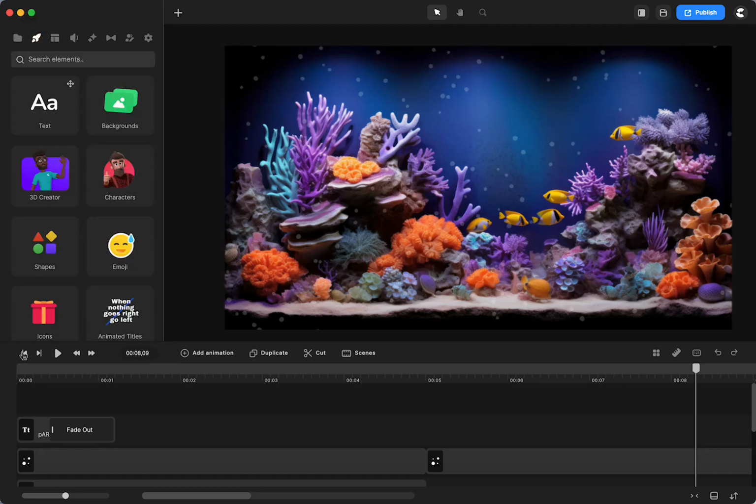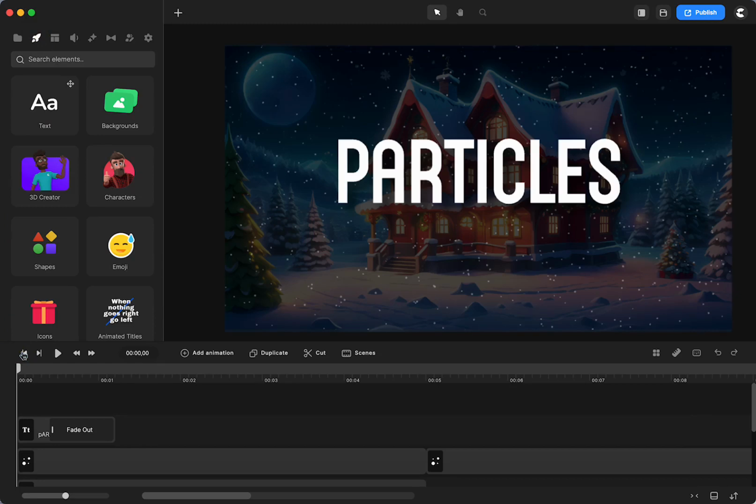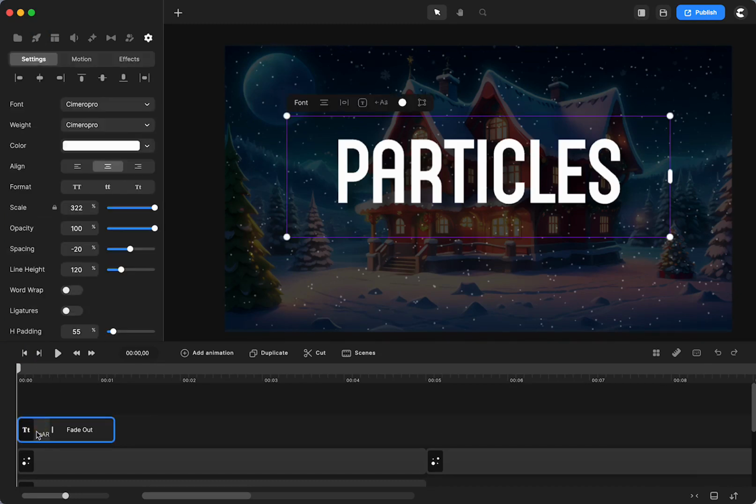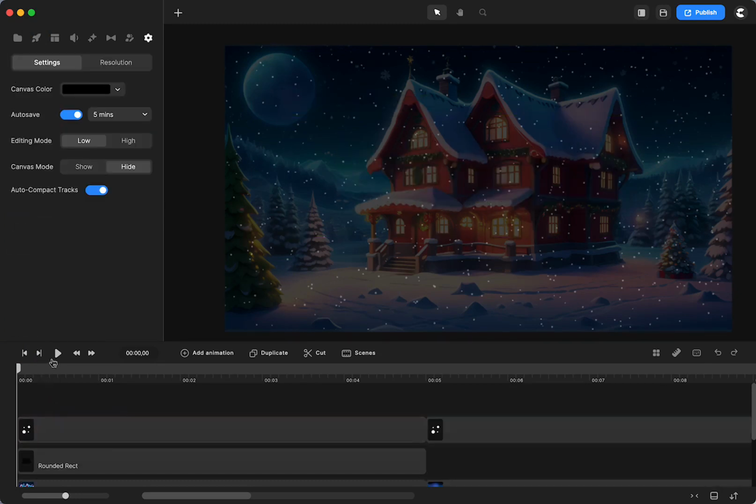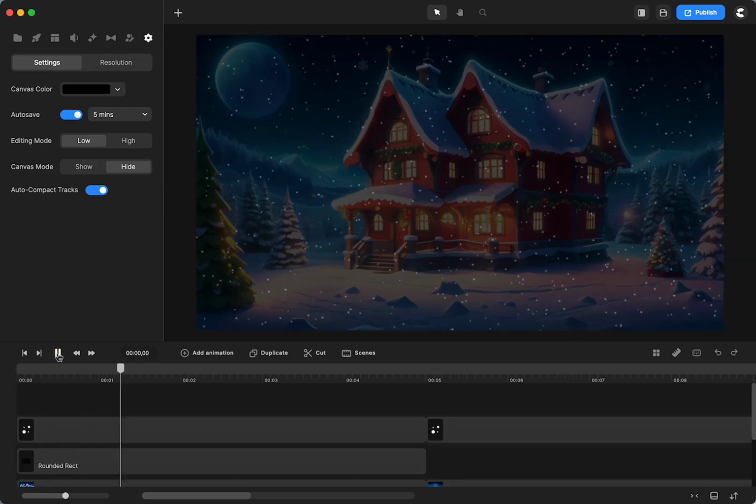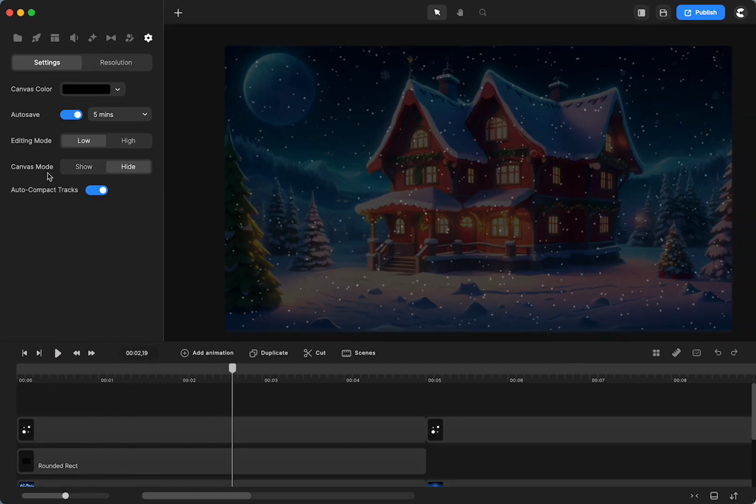So I'm going to show you just how to use some of the features, but then you can go in and you can fool around and play with it and see how it looks for you. I'm going to just delete this so we don't have that in the way. For the snow, you can see it just falling gracefully. What you do is you go up here into Effects and Components, right here,